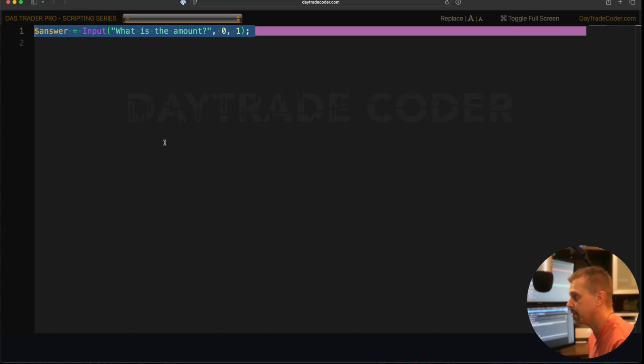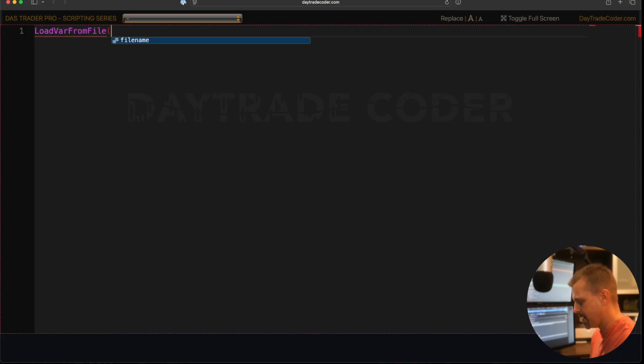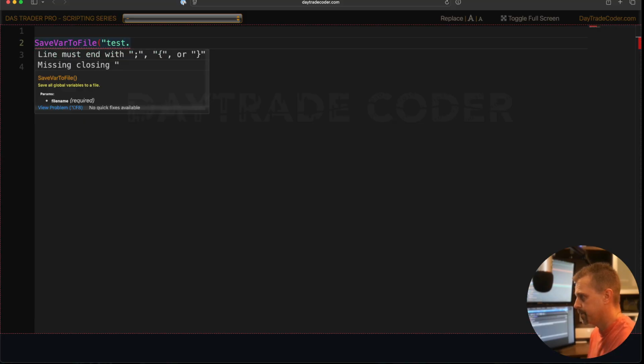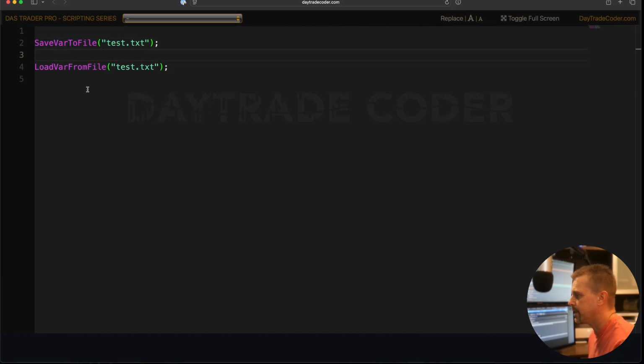There's also something called load var from file. I have used this. So you can have this be called test.txt, for example. Typically you would load this one first, so we'd say save var to file. And then what that's going to do is save all the variables currently defined in DOS at this very moment to a text file. And you type in whatever name you want here, my vars, whatever you want. And then later, if you wanted to revert to this moment in time for all the values of your variables,